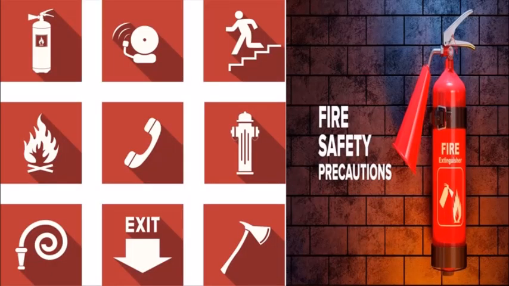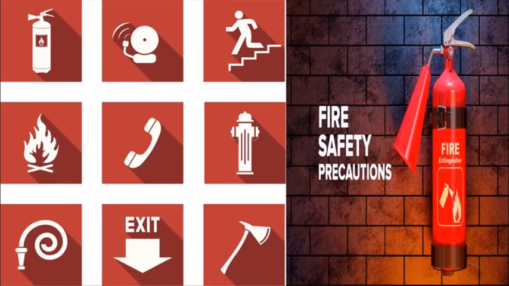Now, there are some precautions and safety measures that should be adopted, like switching off the gas regulator when it is not in use, or whenever we are going out, we should switch off the gas regulator and switch off the electrical appliances when they are not in use. Do not just keep the buttons on. Calling loudly and making others alert so that they can rush for help is also a safety measure.